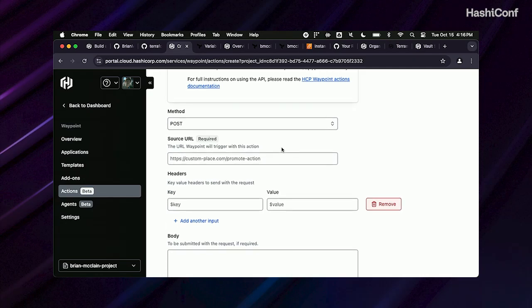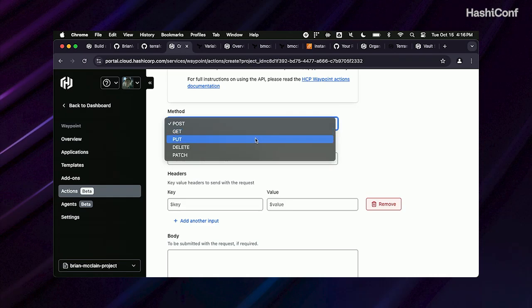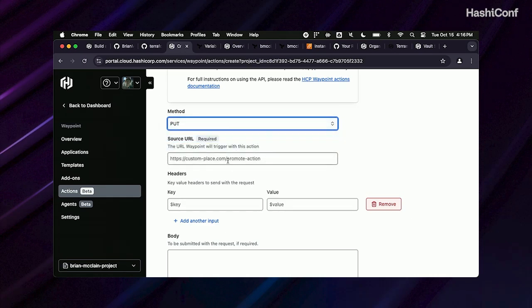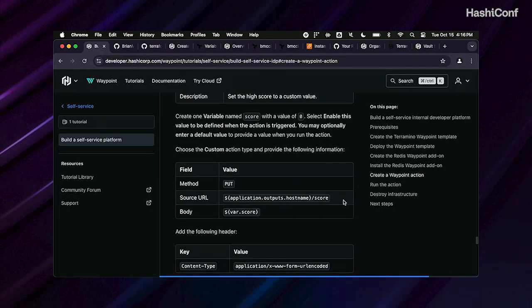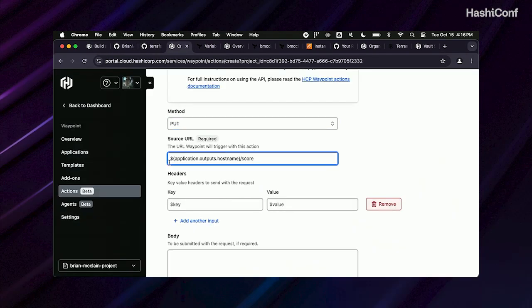And then it needs some information about the request I want to send. So I know I wrote the API endpoint to accept a PUT request. And this is another case we're going to use a variable. Just to make sure I get this right, I'm going to copy this. So we can see in this ${} we're referencing application.outputs.hostname. This is an output from that module that we deployed. So the same one that we copied to get to our application. And then we're adding /score to it, which is our